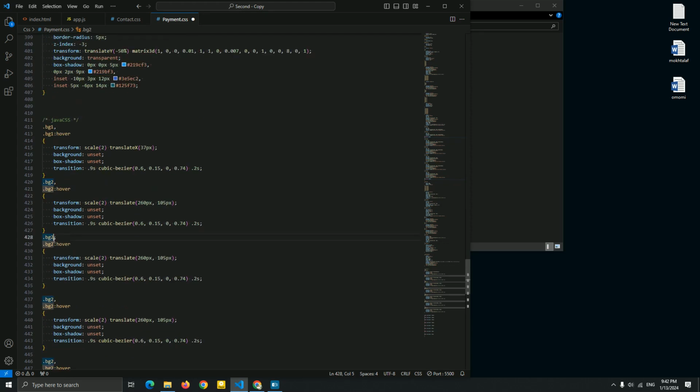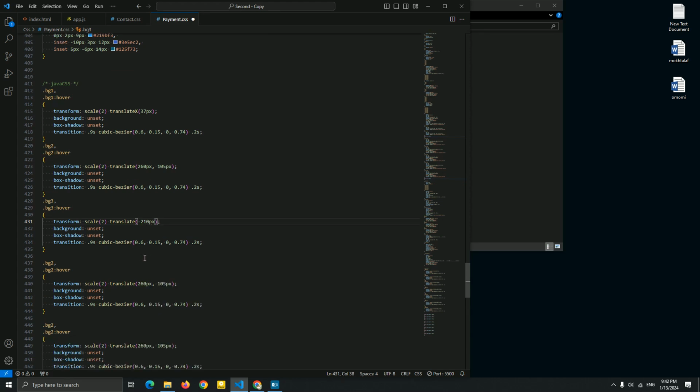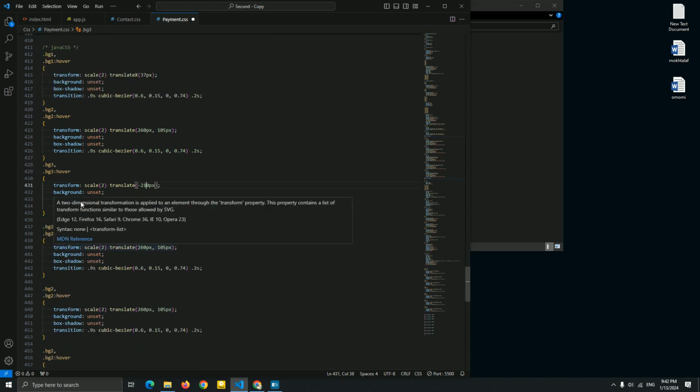For this BG3, I'm gonna add minus 210 pixel. And for this BG4, I'm gonna add 60 pixel. Okay, this is good. And let me just add minus for this.